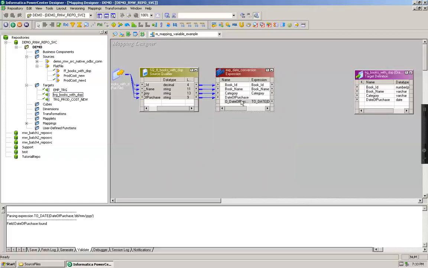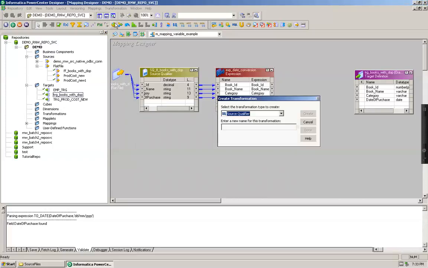I'm going to pass the output parameters of this expression transformation to a filter transformation. So let me name this as filter records based on date of purchase.